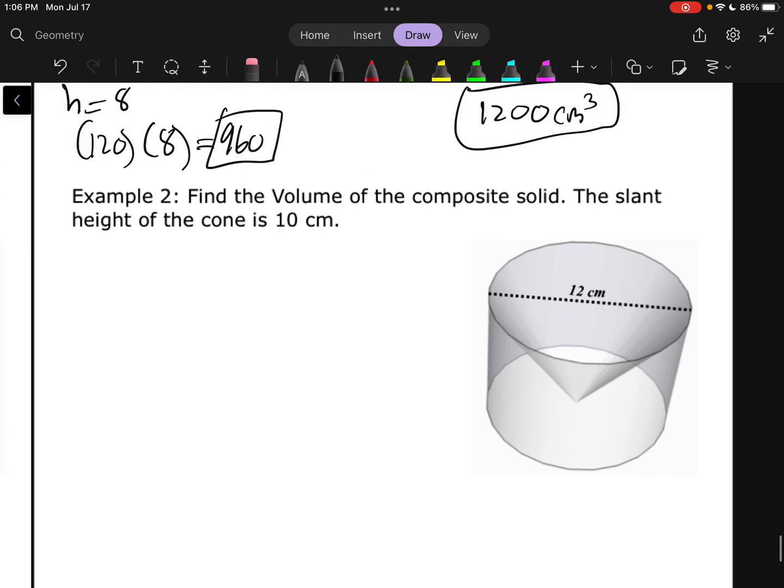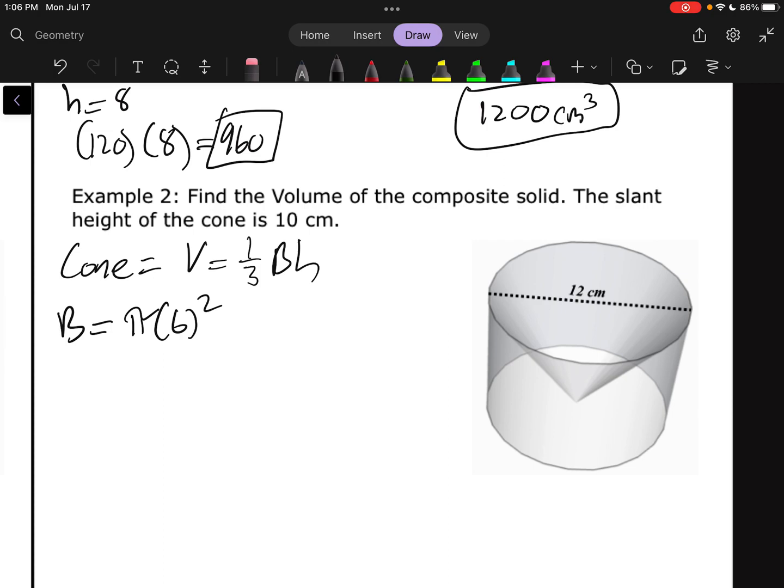For our last one here, I'll go ahead and find this cone first. Cone formula is 1/3 big BH. Big B is the area of the circle. We'll do pi times 6 squared for that, getting 113.1. The height of the cone,